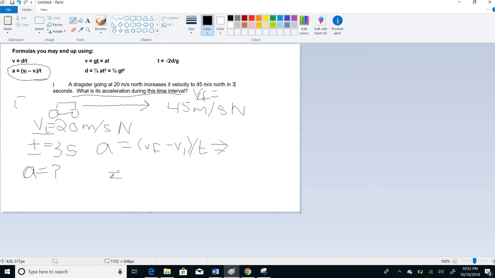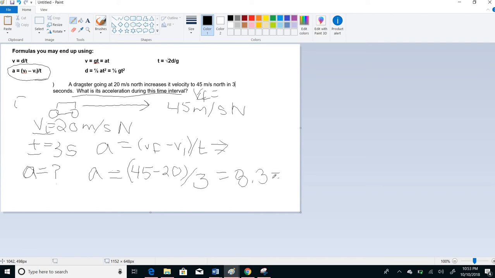So Vf we know was 45, Vi was 20, and again you can look at your drawing to make sure you have the right numbers in there, divided by 3 seconds. Now I have this all set up right in my formula to solve for a, which is what I'm wanting, a for acceleration. So if I take 45 minus 20, because it's in parentheses, I have to do that first, and then divide that by 3, I would get roughly